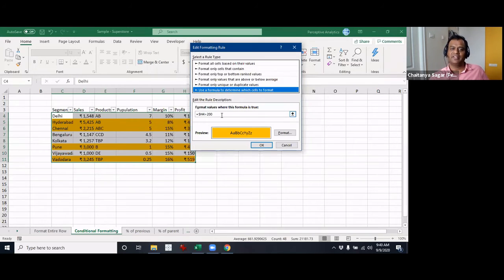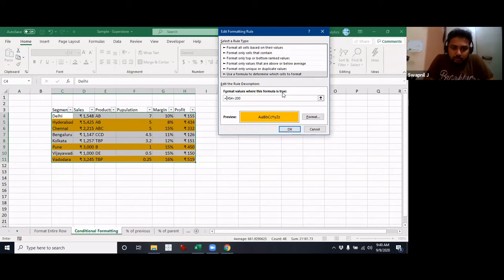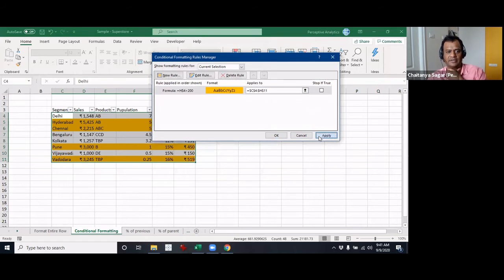But now let us see what happens when we keep the row anchor, but we remove the column. Then what happens? So it will check for the first row only, and based on that value, our column D would be selected. Column F won't be highlighted. And similarly, I don't think margin will be highlighted. We'll check whether that is satisfied or not.